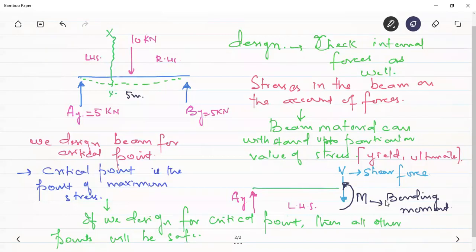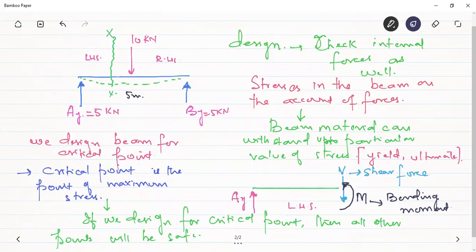So our main aim of this unit is to find the shear forces at different sections of the beam. Obviously, there will be an infinite number of sections. We will find at certain sections, and we will also find the bending moment at different sections. After finding the shear forces and bending moments at certain sections, we will draw a diagram known as the shear force diagram and the bending moment diagram. If you look at the syllabus, it says types of beams in brackets, SFD and BMD. So this is our main goal of this chapter.